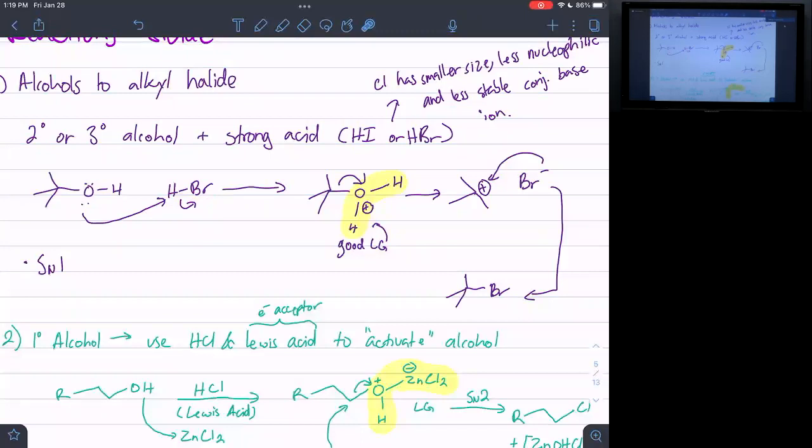So the alcohol is going to attack the H of the HBr, the Br leaves, and then you get this water onto the alkane, which turns into a good leaving group. And this is tertiary and secondary, remember, so it's going to be an SN1 reaction. It's too sterically hindered for the bromine to come back and do a backside attack. There's nowhere to actually do the backside attack. So the leaving group, this water, is just going to pop off and leave, and then we get a carbocation. And then the bromine comes in as a nucleophile, it attacks the carbocation, and then you